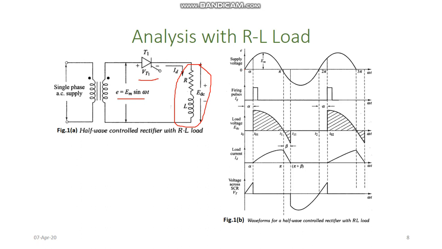The supply voltage waveform is sinusoidal, and the corresponding gating signals are shown by this. So when these pulses are applied to the gate, starting from that instant, our output voltage will start to follow the input. But if we see the output voltage,